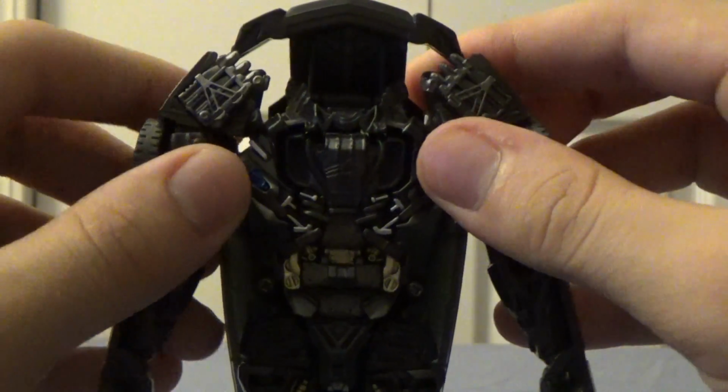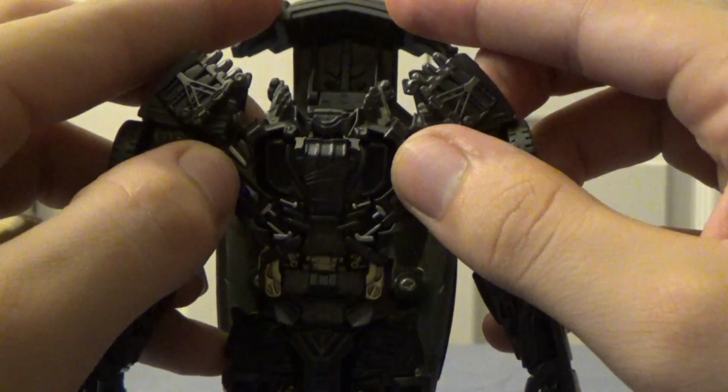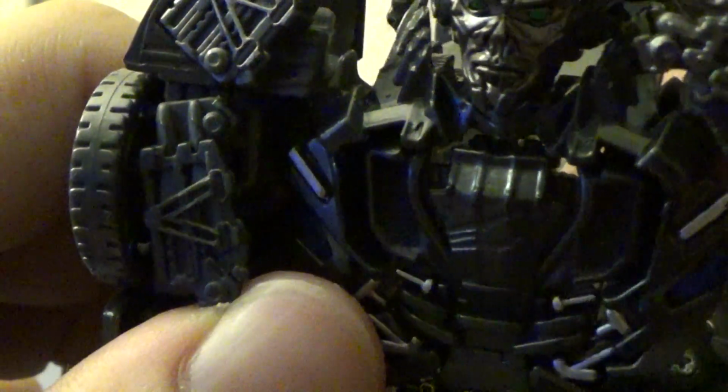Alright, so next we're going to move this back, and you've got a little tab right here that you can get your fingernail on, and that way you can bring his head forward. Now, I don't think it mentions this in the instructions, so what you want to do is get your finger into that space right there, right behind this plate, and push forward. That fills out the chest